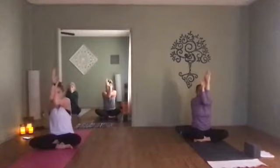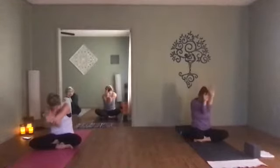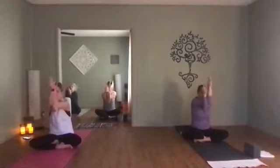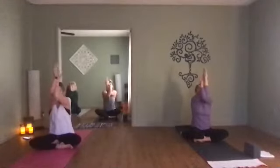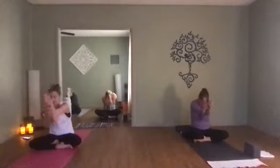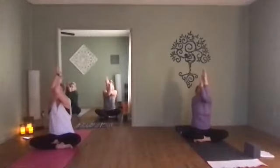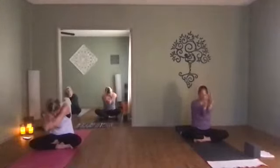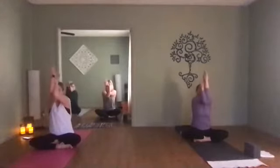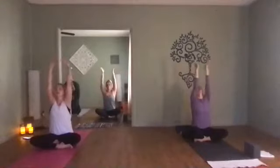And on the exhale, bring the elbows in towards the belly. Inhale, lift back up. Exhale, bring them in. Inhale, lift it up. Exhale, bring it in. Inhale, lift it up. Uncross those arms, sweep them up to the sky, and on the exhale, take a side